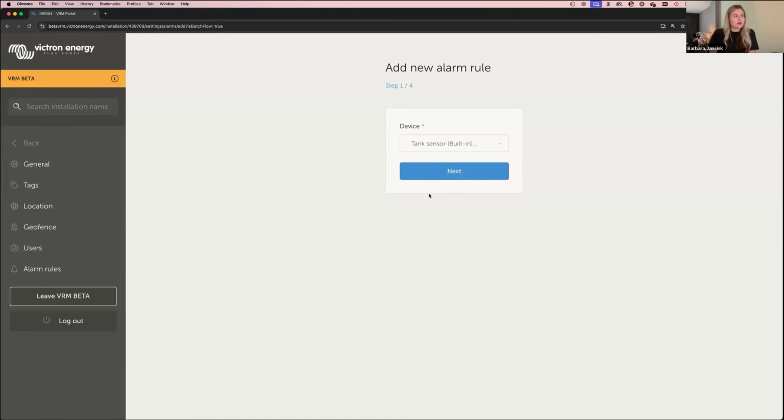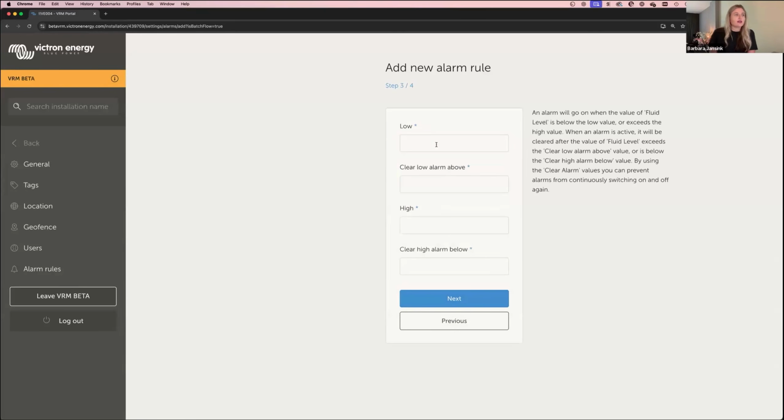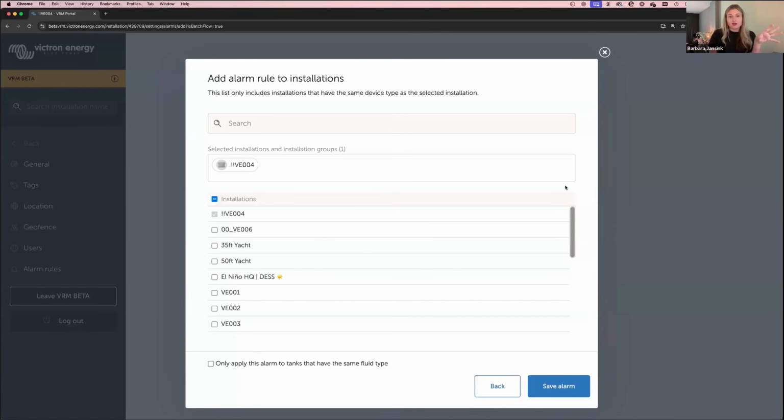So let me set up a tank alarm for the fluid level in the tank. The low alarm, I want it to trigger when it's below 10%. And I want it to clear when it's above 15 again. And for the high ones, I'm just going to go with 99 and 98. Then I want to be notified after a minute. And this is new. So now you can click on this button and it will pop up a